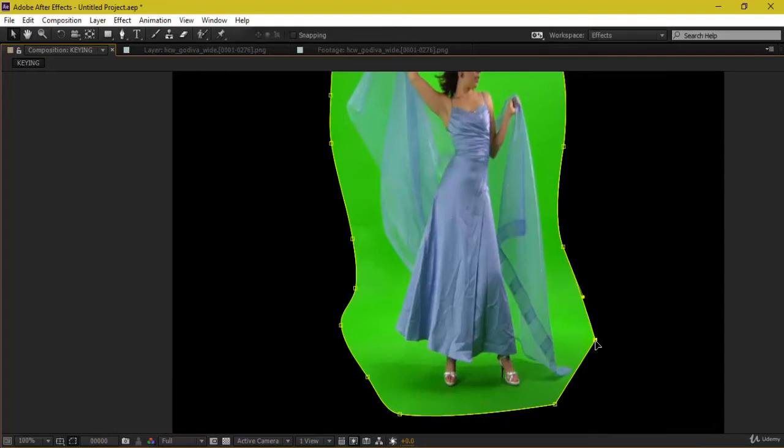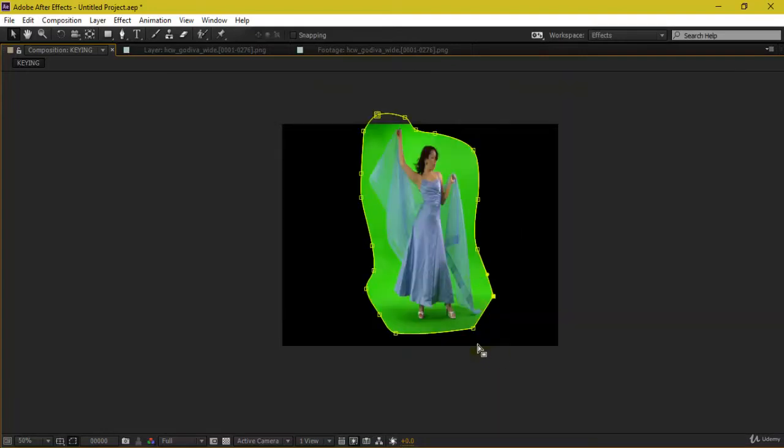So if you see here, we have to cover the area which is your main character.